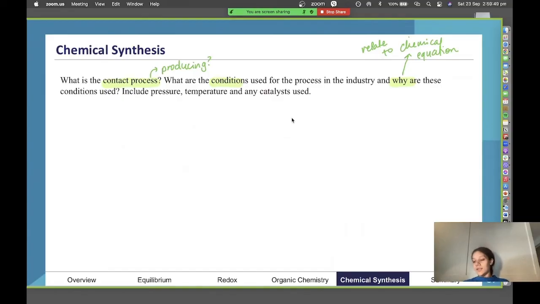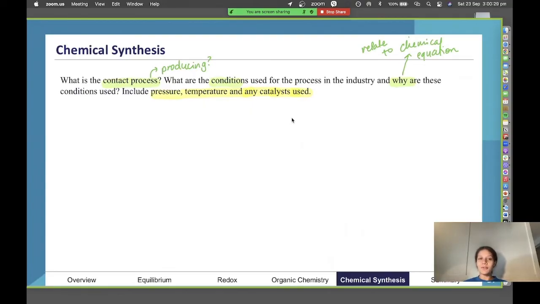And then specifically, we want to think about pressure. So I'll just highlight this. We want to think about pressure, temperature, and any catalysts used. So for this, we have the contact process. I know we have biodiesel production, the Haber process, all of these different, unique subtopics. A good way to study or revise them is to create a really succinct summary for yourself, whether it be in your notes, flashcards or whatever you find useful. And then, once you've got that, use it as a springboard to make a longer answer.